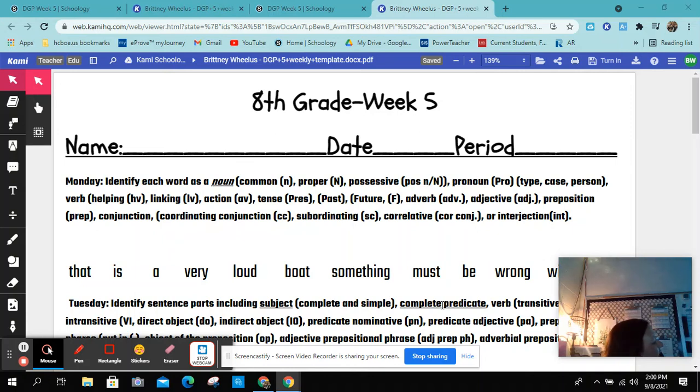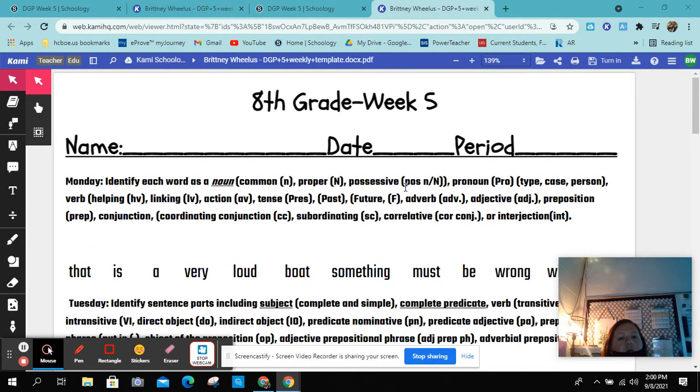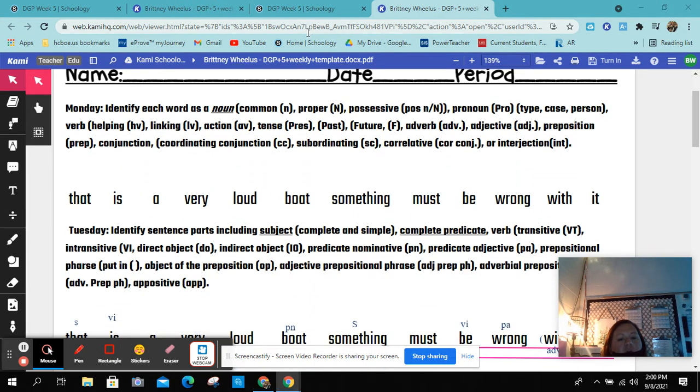All right, today is Wednesday, September the 8th. You need to make sure you have a computer out and that you are logged in to ClassLink. You're going to go to Schoology and you are going to click on